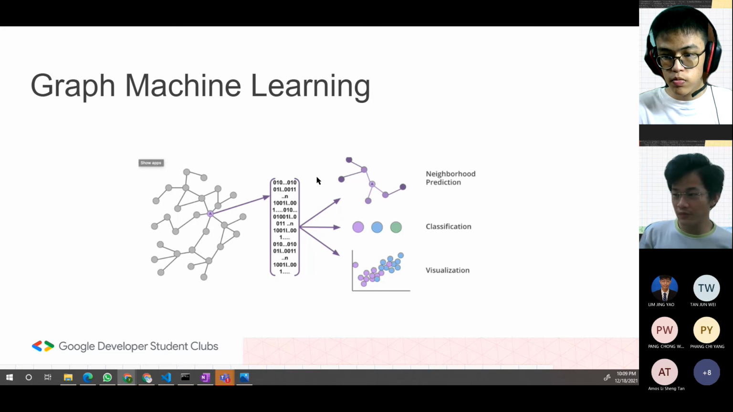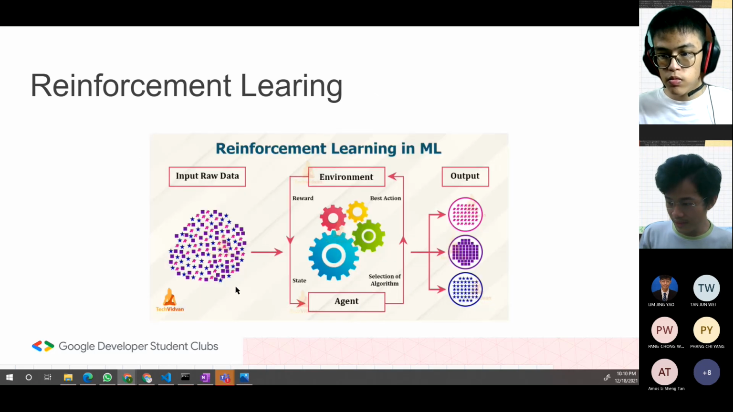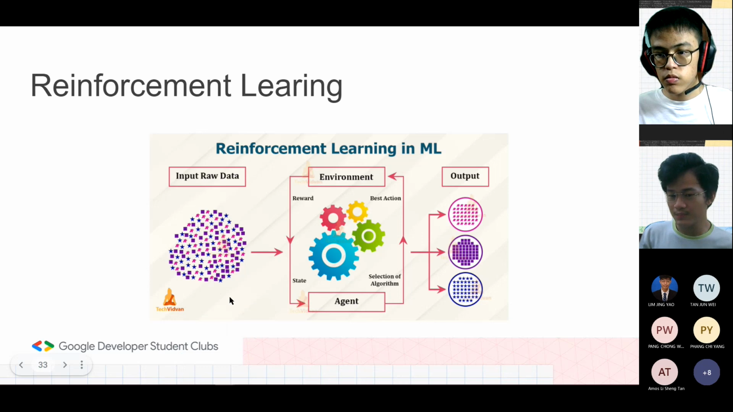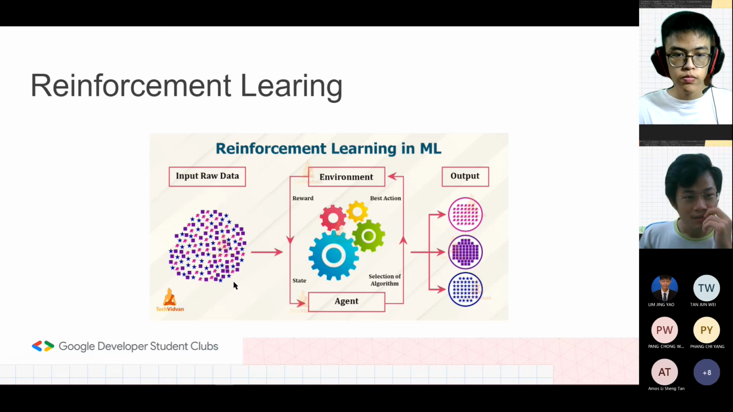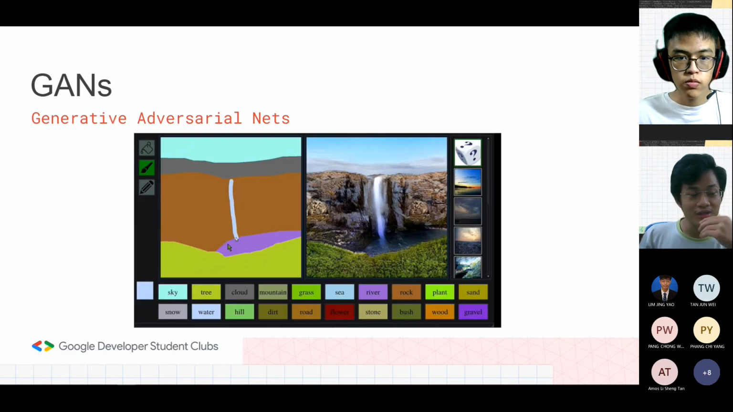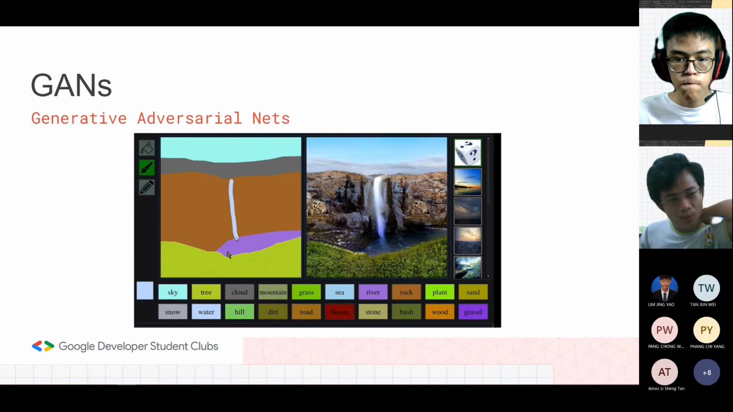And then after that, you have graph machine learning, which is also a field that you can explore. It's very popular now. And then after that, you have reinforcement learning. This one, I guess, is pretty common and widely known. So it's reinforcement learning. And then GANs, generative adversarial nets, I guess this field is getting more and more interesting since I